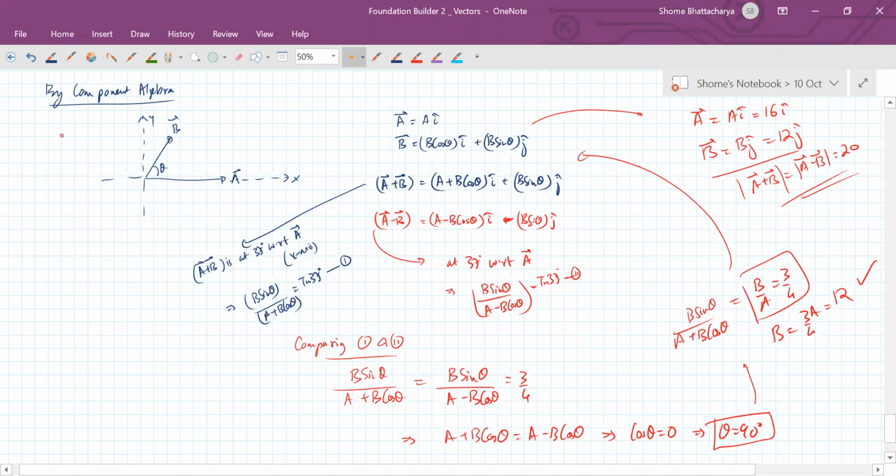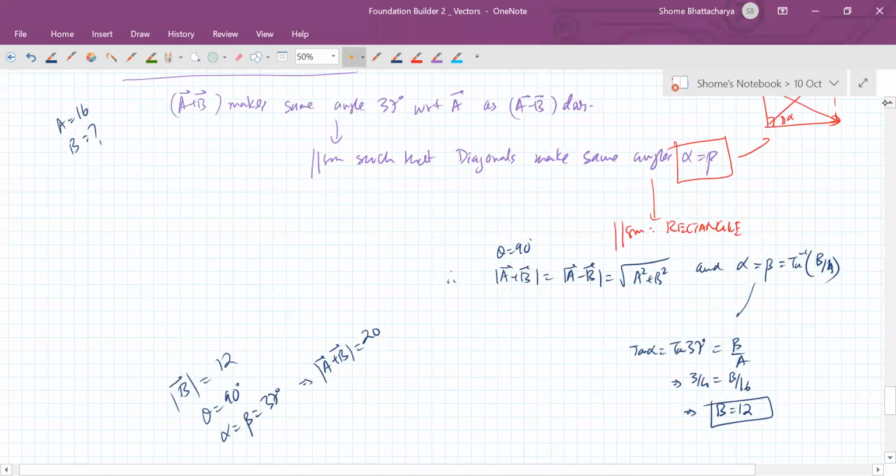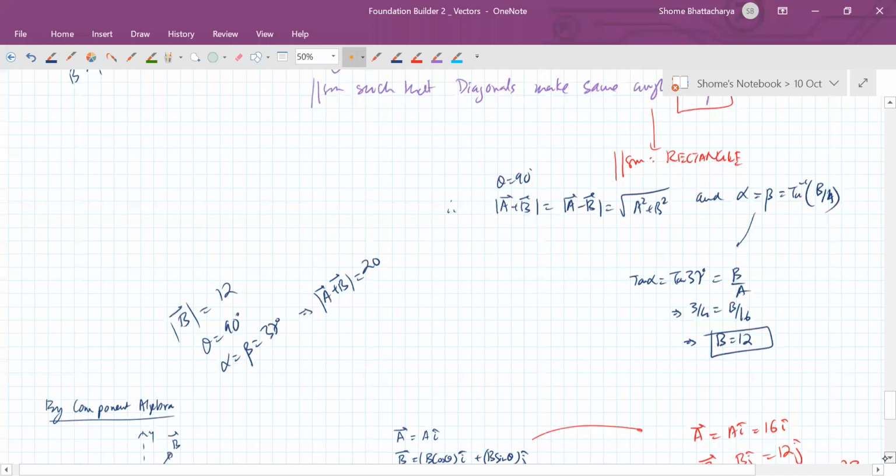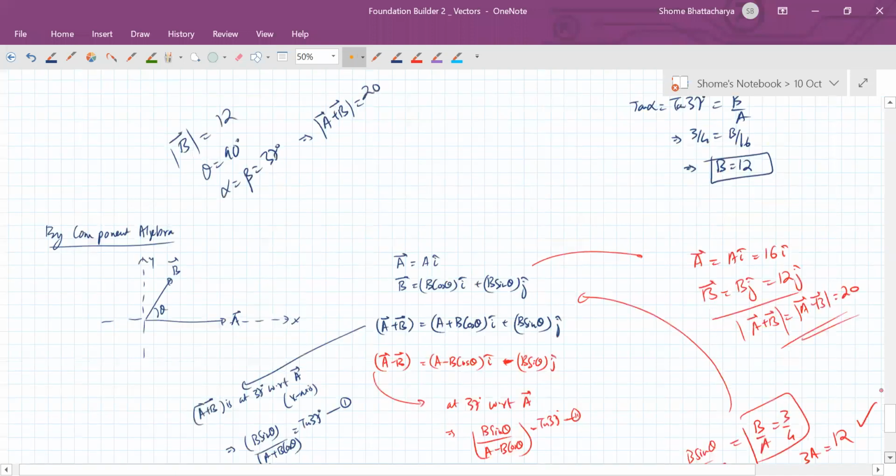Right, so this is an alternate way of solving it, but as you can see, it involves more solving. So now that we know these special theorems related to the parallelogram construction, we can always make use of these to simplify our solving. Is this clear to all of you? Please let me know if there's any doubt here.